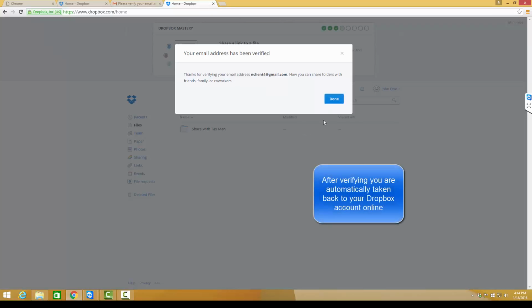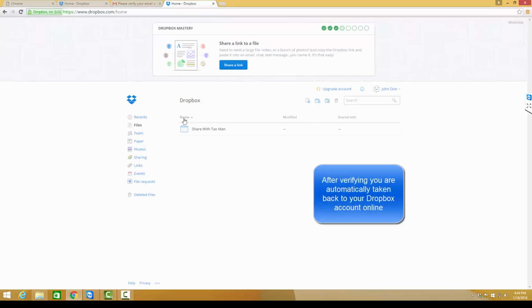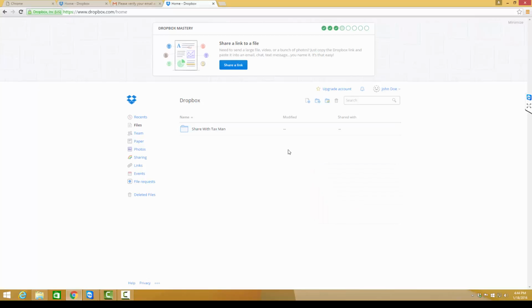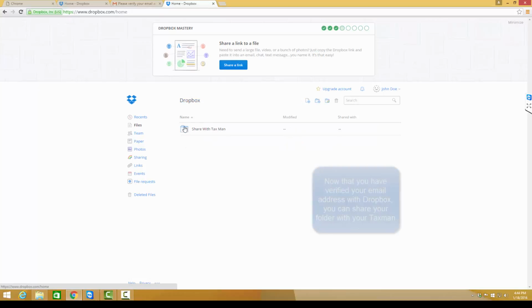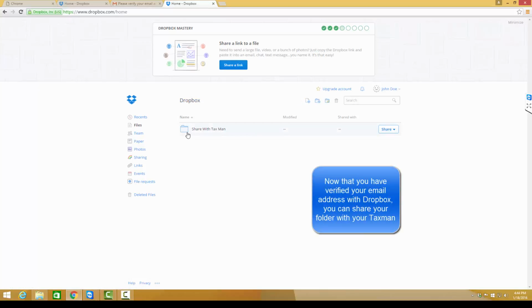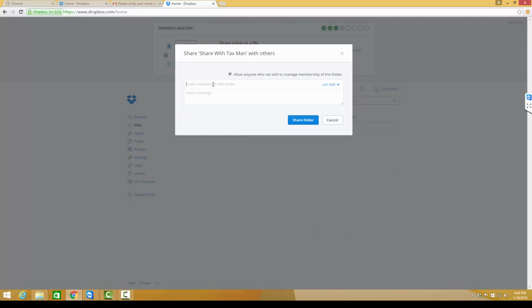You open up the email, you click verify. Now it takes you back to your Dropbox account, and thanks for everything, just hit done, and then you're back to the regular screen in Dropbox online, and there's your folder with your tax stuff. Now you just want to share this folder with the Taxman, and the way you do that is you just right click on it and go invite people, and then you put the Taxman's